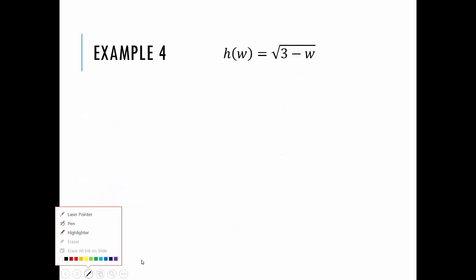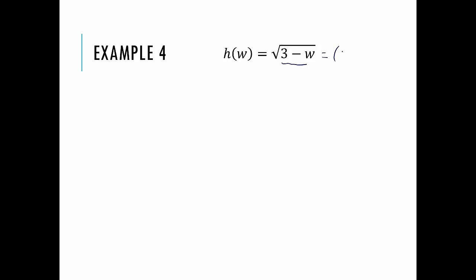Ooh, look at this bad boy. Remember I said the inside is typically within a parentheses or under a square root, an exponent. So I could rewrite this as 3 minus w to the 1/2 power, right? You remember that the square root is the same as the 1/2 power. So then my y would equal u to the 1/2, and my u would equal 3 minus w,